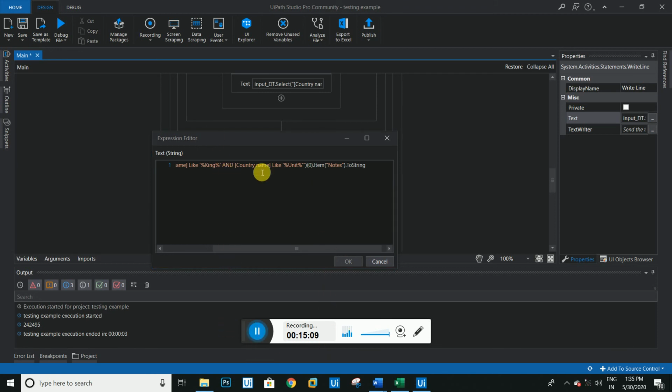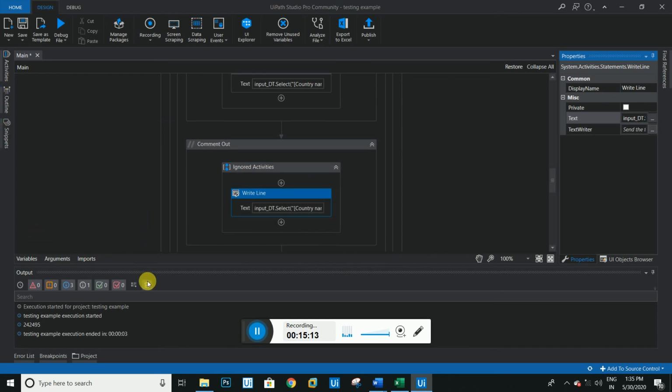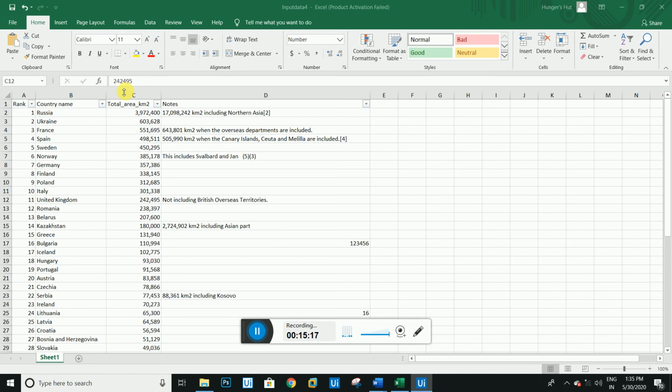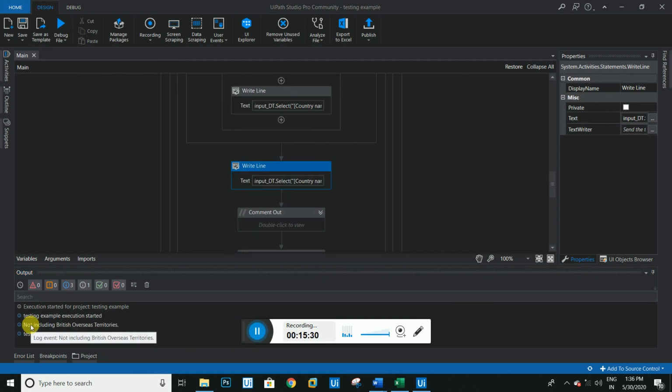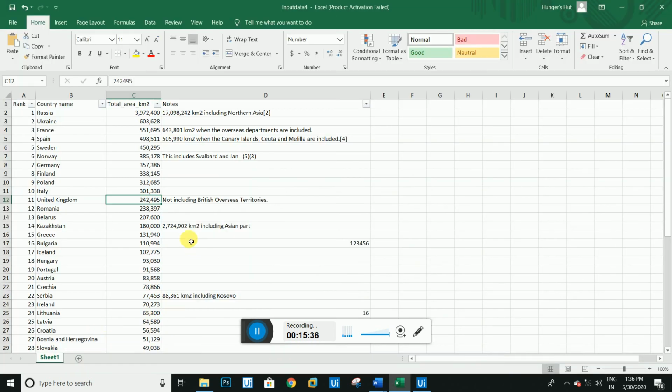So let me run this code and I will check through the example. Let me delete this one, go here and run the code. Now we expected the result to be tested in the example execution. And our result is coming here: note including the British overseas territories. Let me check this here, where is it? So note including the British overseas territories, this one.